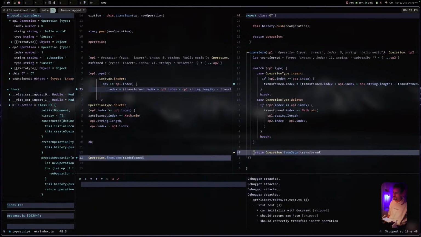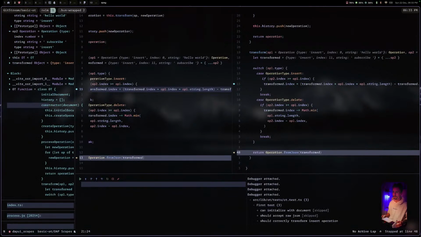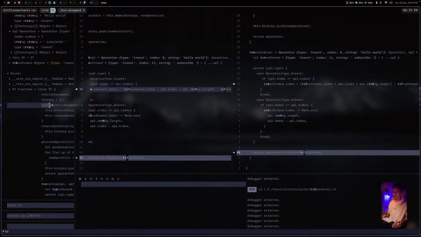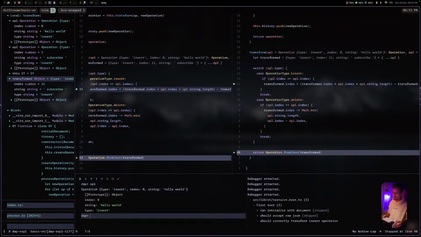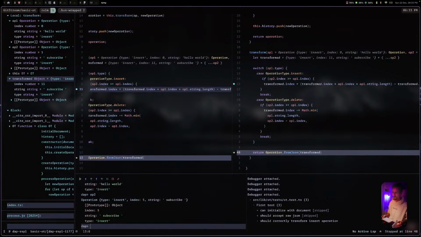So yeah, we're now stopped at the return statement. So let's see, transformed is what? Index 11. Why is it 11? Let's see. So OP1, this guy here. OP2, this guy here. Okay, so